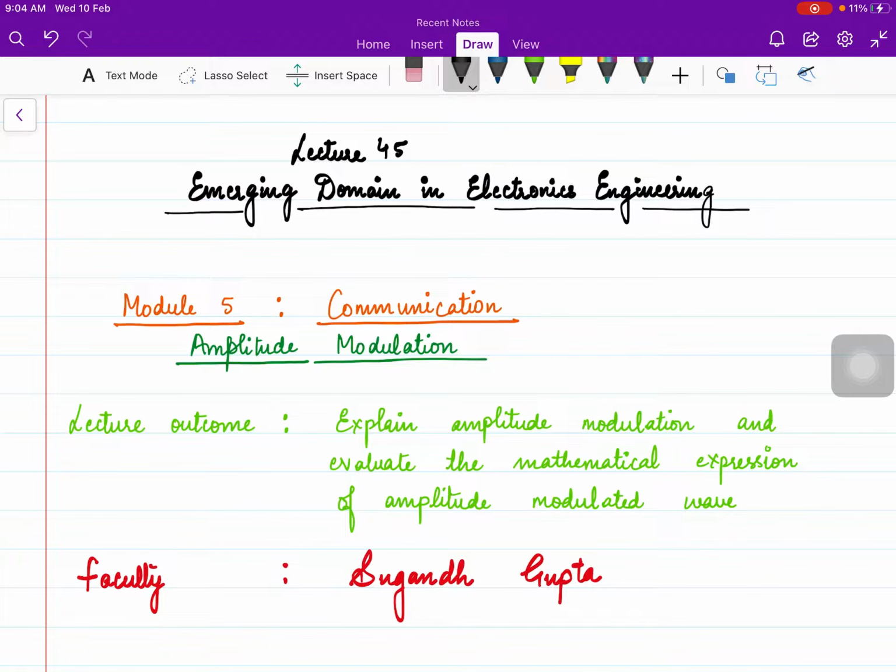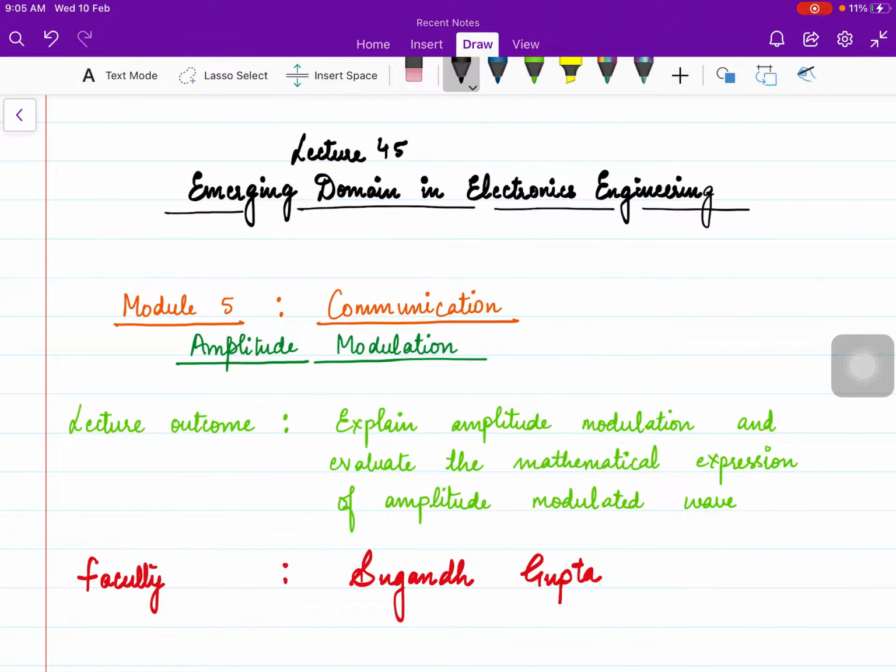And I have given you an example of a passenger and a bus, which is very clear and very easy to understand, and from there the concept of modulation will also be clear to you all. So in modulation we are varying the parameters of the high frequency carrier wave. If the parameter of the high frequency carrier wave that you are varying is the amplitude, then it becomes amplitude modulation. So do refer to that lecture if you haven't yet. I have shared the link in the description box.